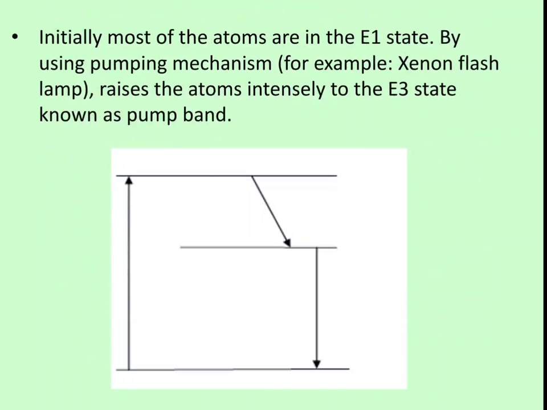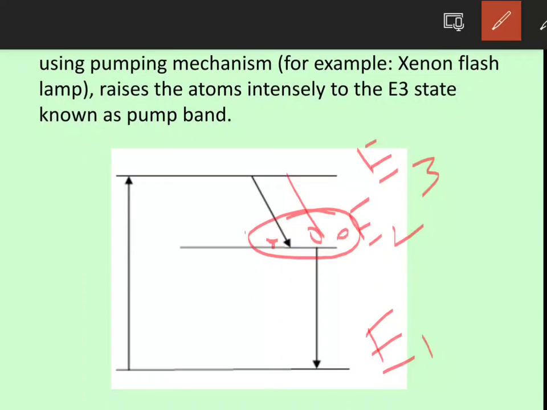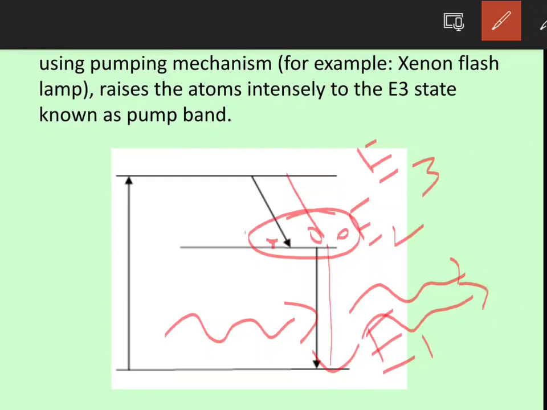That means here, this is the metastable state. Already we discussed that here the atoms jump spontaneously. Now in this level the atom's lifetime is more as compared with the E3 energy level. That means they stay more time at the E2 energy level. By giving 1 photon of energy, only then do they jump from the E2 energy level to E1 by emitting 2 photons of energy. That means for every 1 photon of energy, they emit 2 photons of energy.